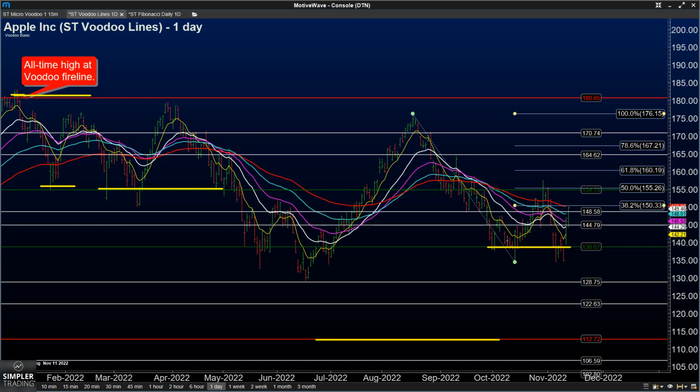This isn't as crisp in moving between its Voodoo lines as, say, something like Amazon, but we can still look at this in terms of general patterns and what it might take to recover up towards that 180.65 area, or alternatively drop down towards 112.72. And in this case, we can see, as has been done before, we've sloppily held this Voodoo tree line, and so long as we do, the next decision is going to be up